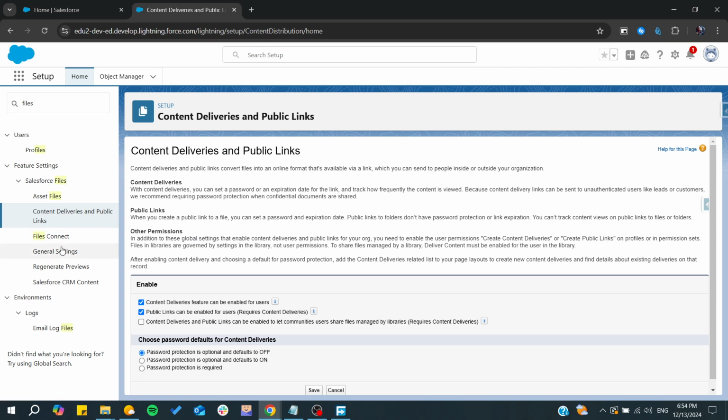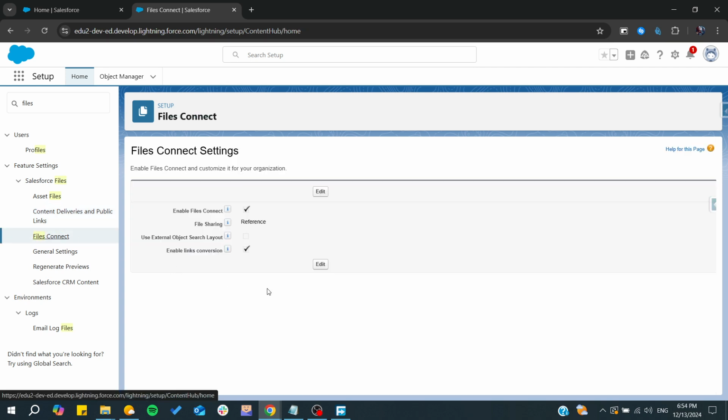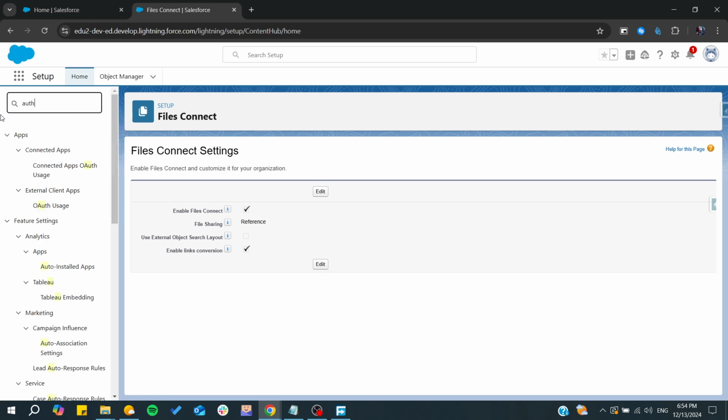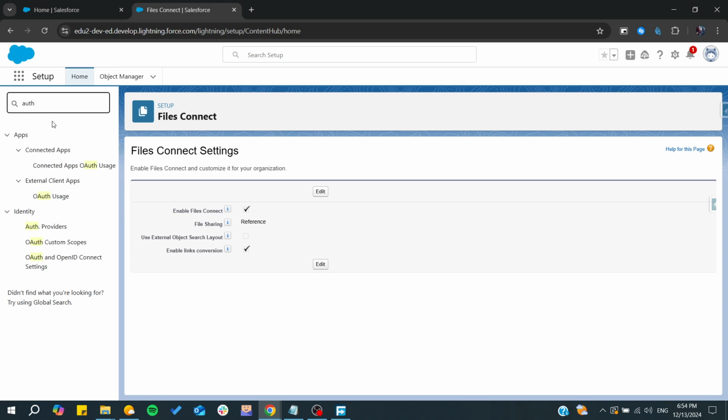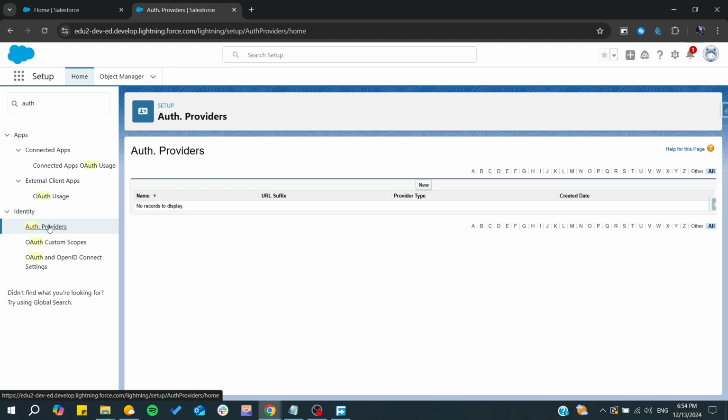So now after that you have your file connect that is set up, you will need to start connecting or authorizing or authenticating your SharePoints with your organization. And basically for that, you will need just to create an authentication provider for the SharePoint service. And to do so, we will need just to go to the auth or authentication, and we can start the process of adding, and from here auth providers, and basically we need just to click on this one, and